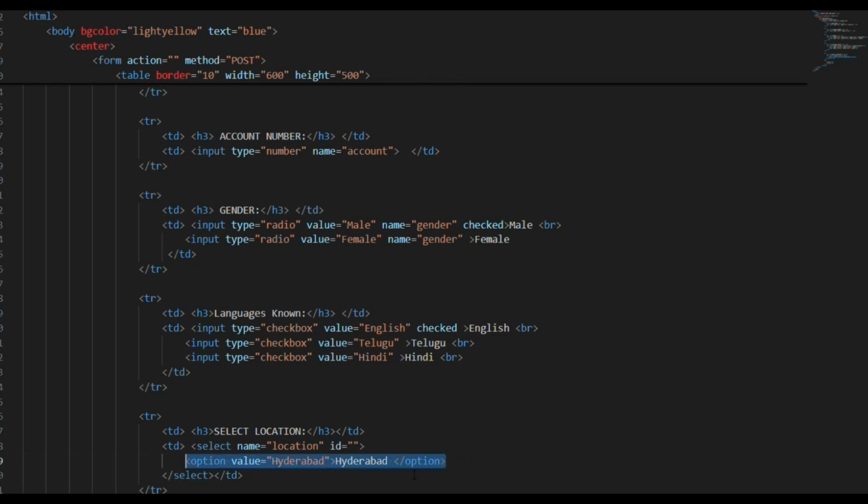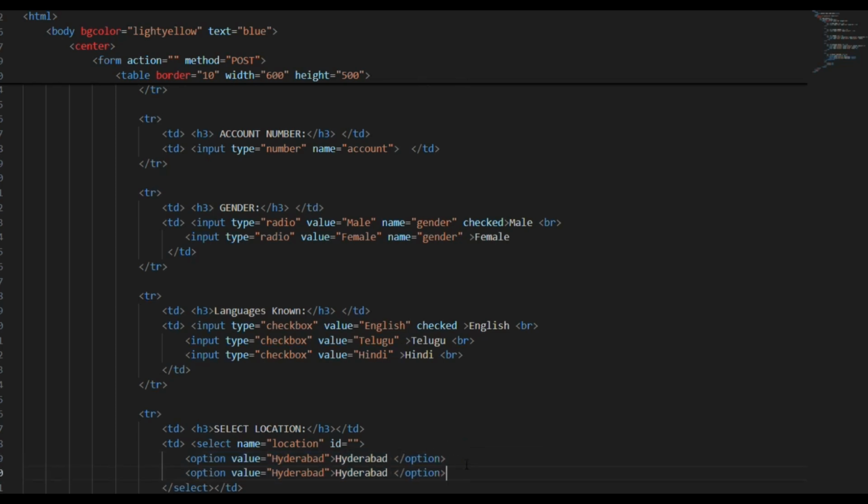Now take this one and enter the remaining metro cities, Delhi, and copy paste here,